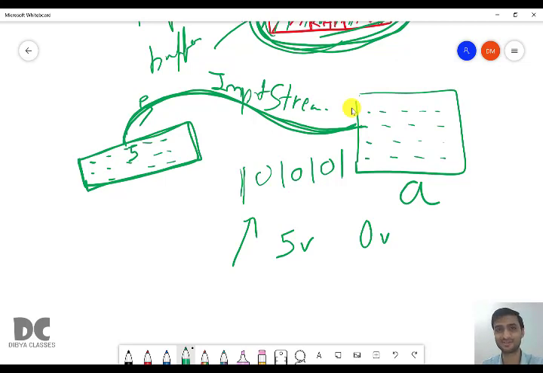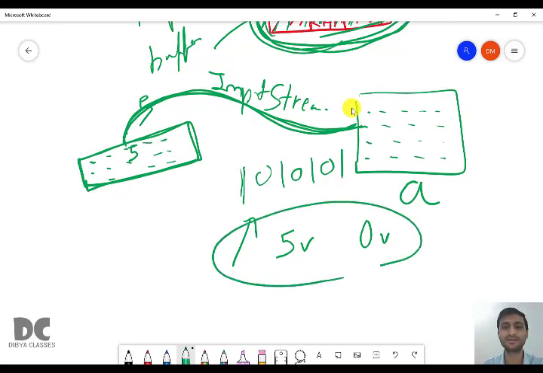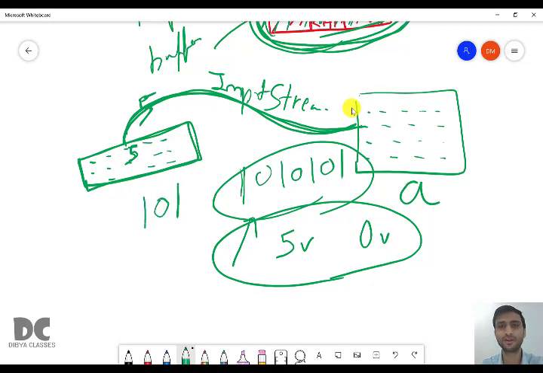It is an electronic device. All electronic devices work like this. They understand binary in form of current. So when you press 5, 5 is not flowing. The binary of 5 is flowing. What is flowing? The binary of 5, which is 101.